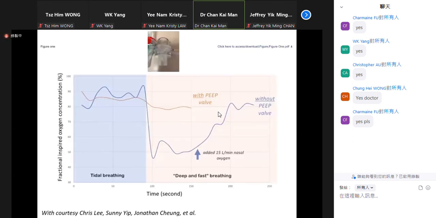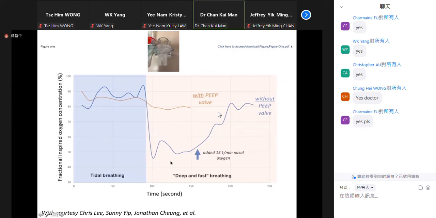And our NTEC ICU group has also performed an experiment. We used the bag valve mask that we are currently using in NTEC hospital, and we asked volunteers to perform this experiment. During normal tidal breathing using this device, you can see the FiO2 delivered is between 80 to 90%. But then during the phase of deep, fast breathing, the FiO2 would drop abruptly to 40 to 50%, and this is